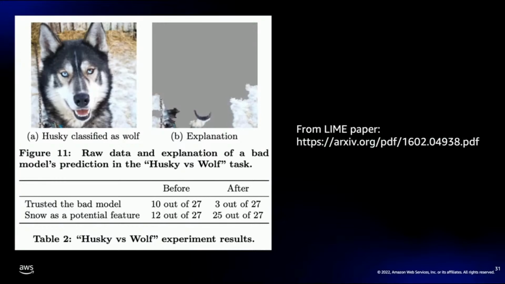So a bit silly, but you could see that after such an explanation and analyzing maybe several images like that, you will realize that actually this model is not so great. You could say it's buggy, and therefore one would need to approach it differently, perhaps obtain more images where wolves are not with snow in the background, and maybe have more huskies with snow in the background. But we need to mitigate this somehow and approach it differently. Cool. So in summary,